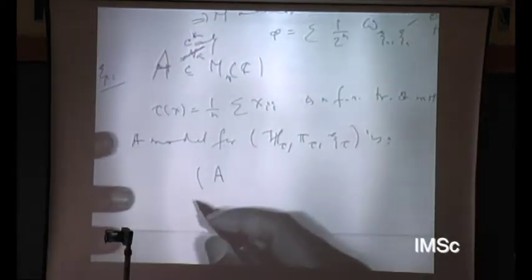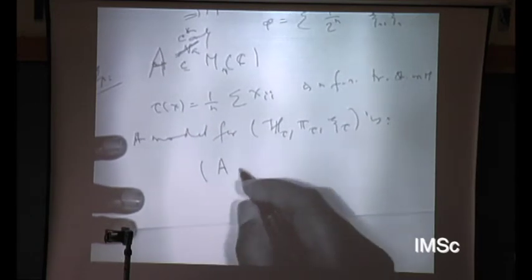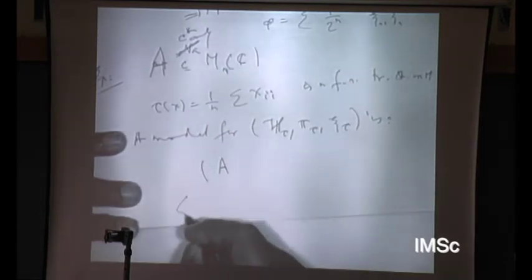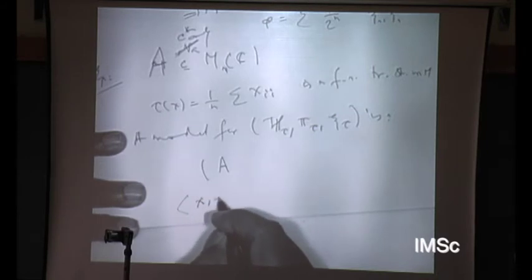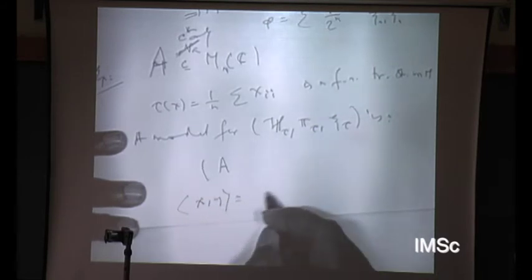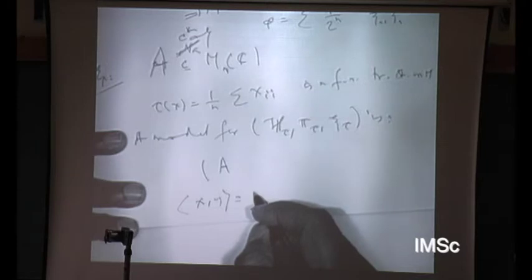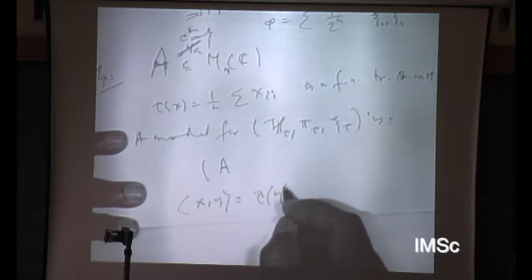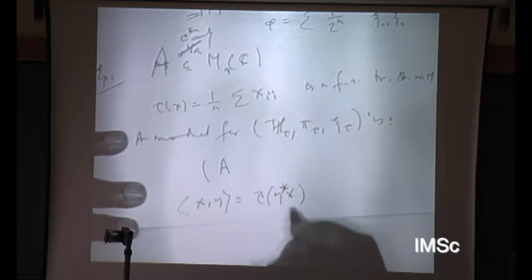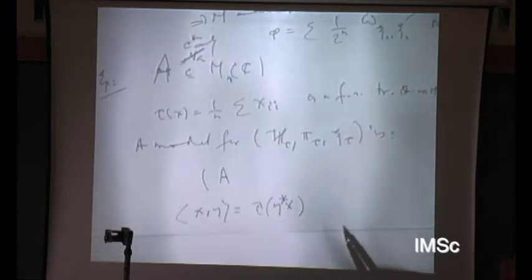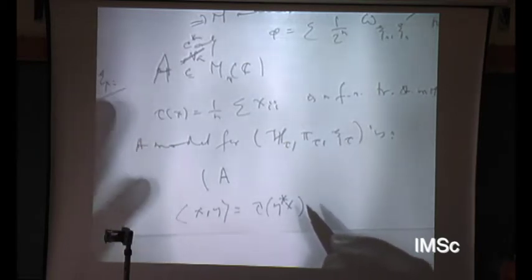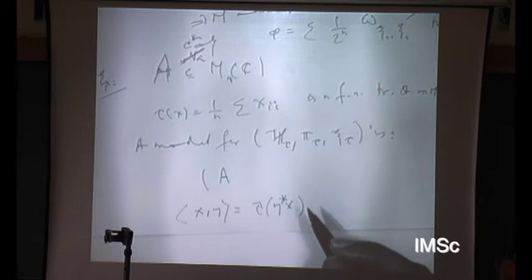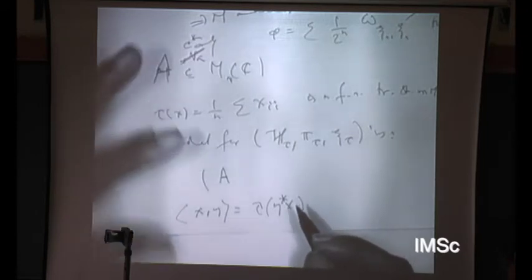So what is the inner product on A? x, y I take as tau of y star x. But that is the inner product, right? On A hat. You're just taking the trace of x y star,